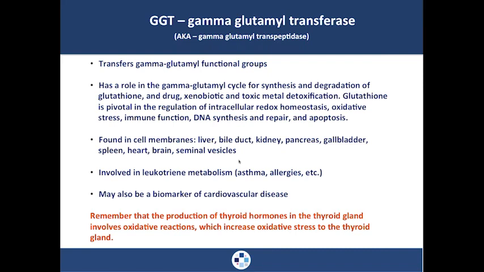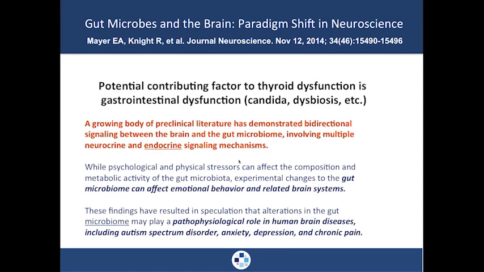If GGT is elevated, it could be a sign that the individual is under oxidative stress, aside from gallbladder dysfunction as well. So you definitely want to keep that in mind, because like it says down on the bottom, remember what I told you: thyroid hormone production in the thyroid gland requires oxidative reactions, in particular hydrogen peroxide, causing increased oxidative stress to the thyroid gland that could lead to nodules. You want to make sure GGT is doing well, and there are enough antioxidants in your individual to protect the thyroid gland from those oxidative reactions, and that's really the point there.